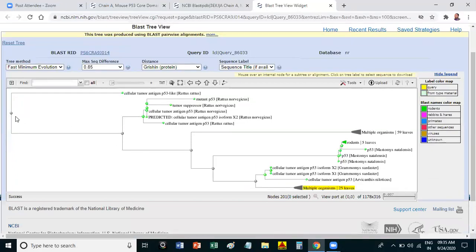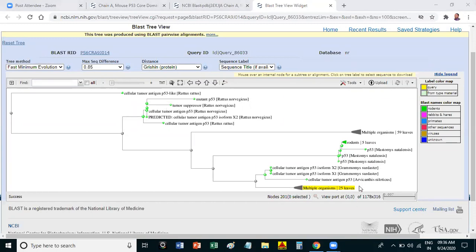If I take this point as the root of a tree, all those are leaves, like this. I was talking about some evolutionary thing, no? Evolutionary tree. All those are some particular tree. This is your BLAST tree view.